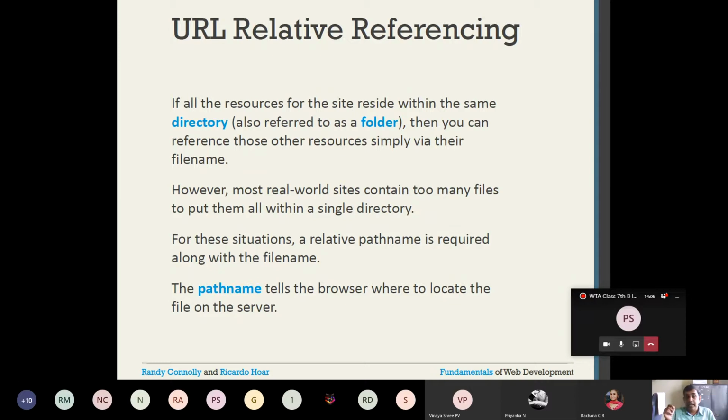So that is the reason you need to clearly specify the path name, which clearly tells which is the folder. I want to refer to abc.jpg. So I simply can't say image abc.jpg. I should say image/abc.jpg. So what does it mean? You go to the directory image, and in the image folder, you access the abc.jpg file. So that's what path name is needed in relative referencing if the given file is not present in the same directory. That is the point you need to understand.